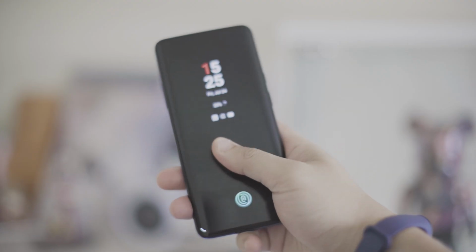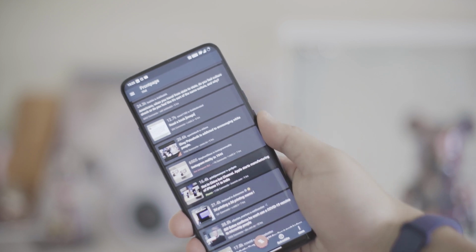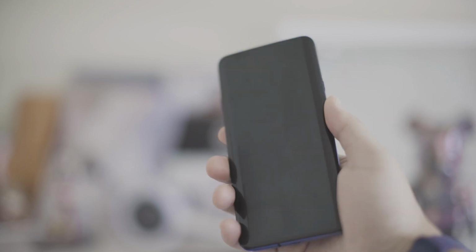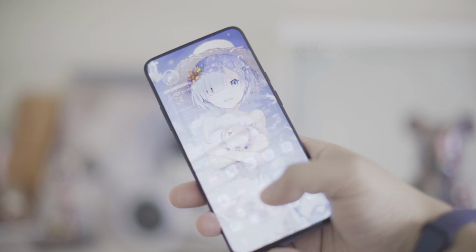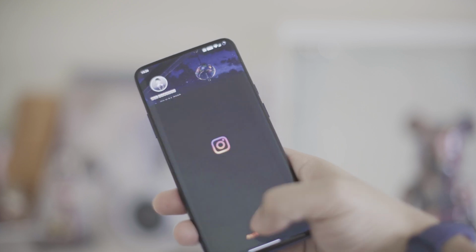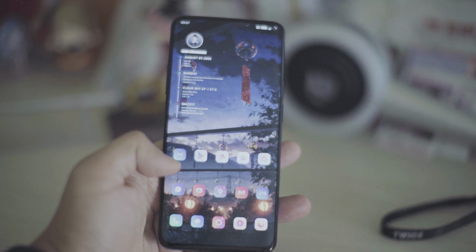So I've been using the OnePlus 7 Pro for almost a month now, and here are my thoughts. The first thing, of course, is that display. It's so amazing. 6.7 inches basically, so 6.67 actually, but for all intents and purposes 6.7, and 90 hertz 1440p. Think about that. That's freaking amazing. And especially these days, you can get it for about $400 to $500 depending on where you get it and